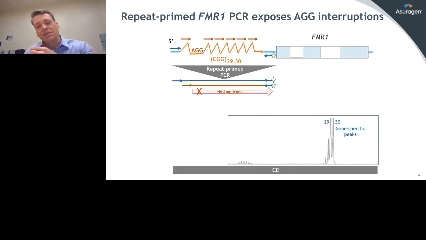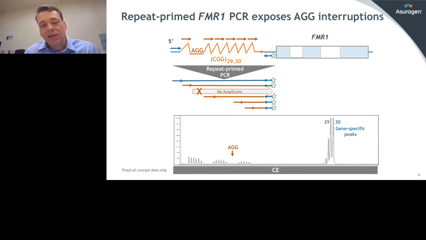So what it looks like, this is a sample of a 29/30, and again, this is SeqStudio data. You can see the 2 peaks here. One of these is a 29 and a 30. This is very different than what you'd see for a 29 or for a 30 homozygous. SeqStudio differentiates those very nicely.